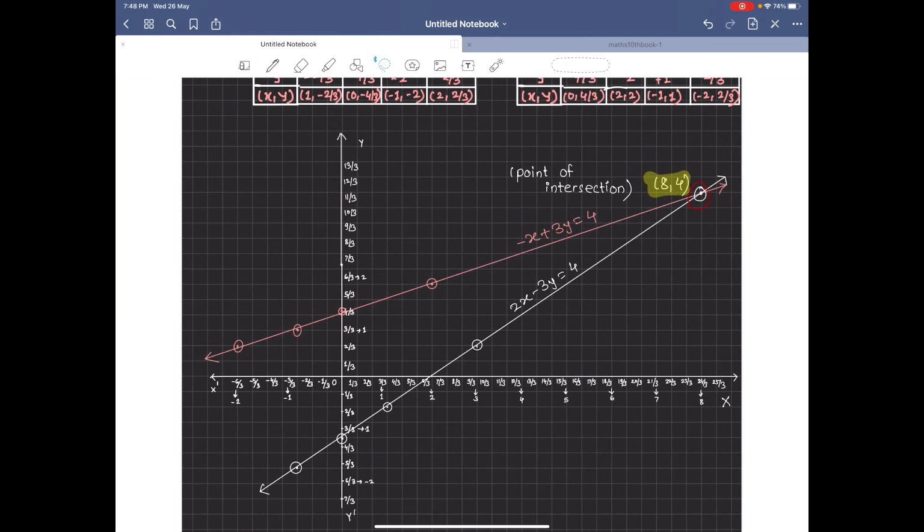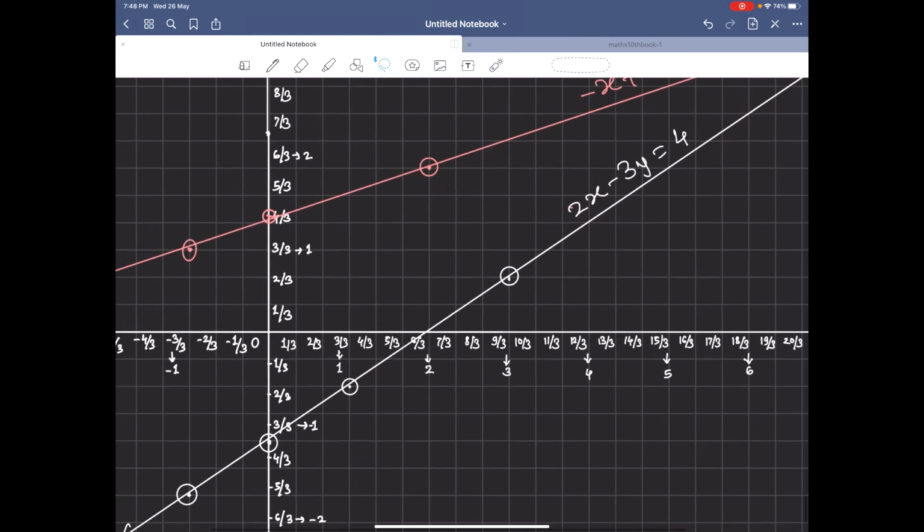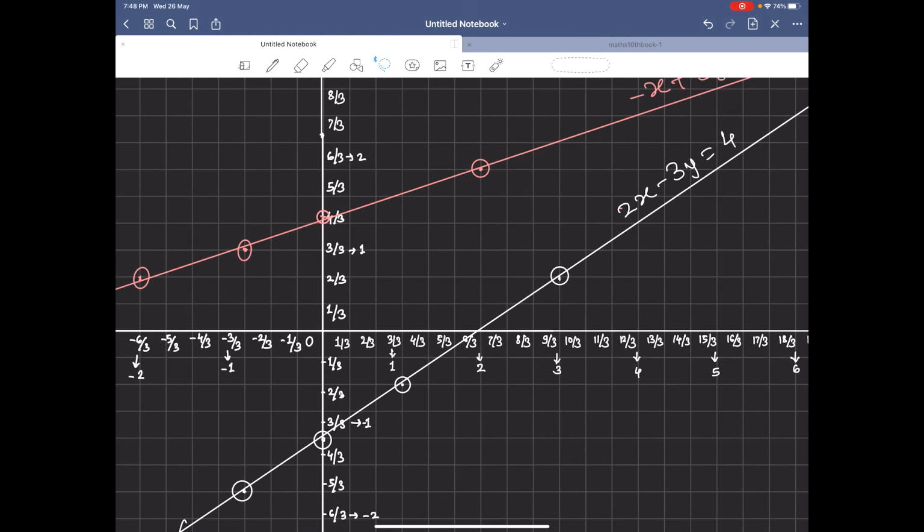So what I have done here, I have drawn the x-axis and y-axis, with the origin. Then I have made the parts, that is 1 by 3, 2 by 3, 3 by 3, as the denominator is 3. Why have I done it? So that the graph will be properly plotted. Then 3 by 3 is nothing but 1, 6 by 3 is nothing but 2, 9 by 3 is nothing but 3. See, this is your answer.